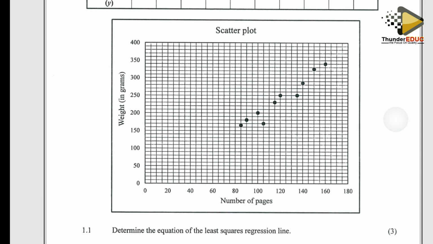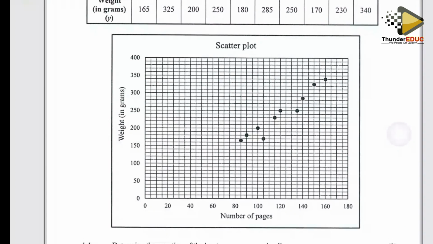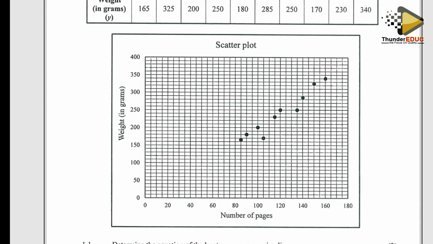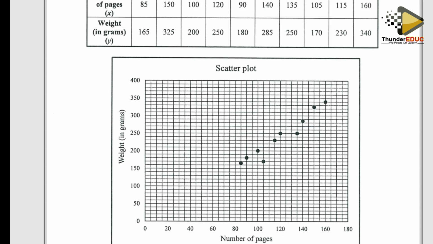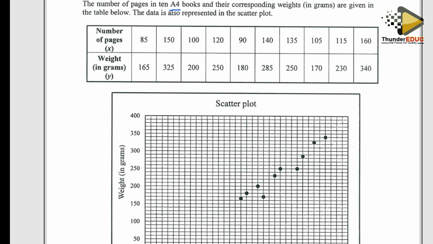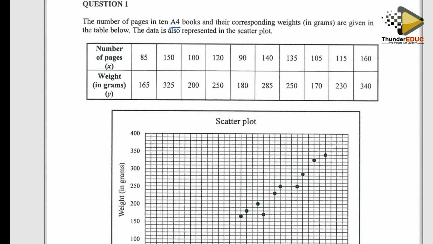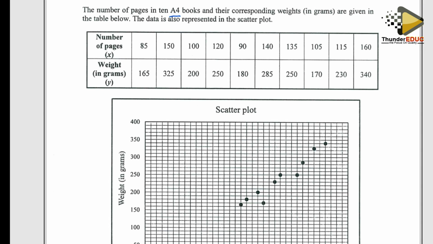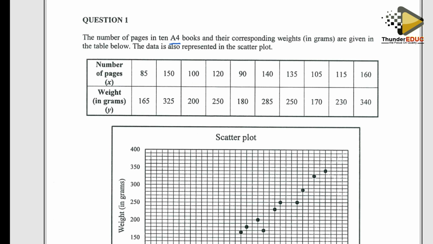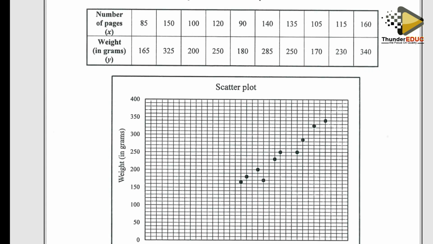Then the first question, 1.1, they want us to determine the equation of the least square regression line. One thing we said under the prediction was that it's always vital that we understand how to use the calculator to enter these values. I have already entered my values into the calculator and I have some answers. So remember, it's the mode. Then after the mode, you have to do the proper selections,